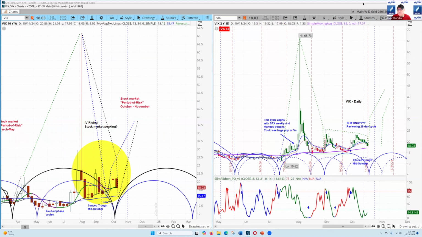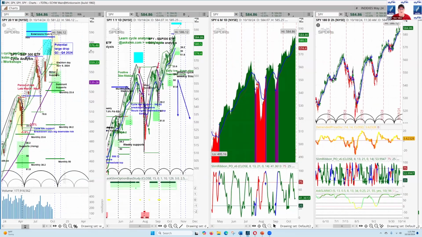So I wanted to look at that first because looking at market conditions first says to us the market's very strong. Looking at implied volatilities now has them elevated, but the cycle patterns say not quite ready to move to the upside in implied volatilities, though very soon. Now let's switch over to the charts.